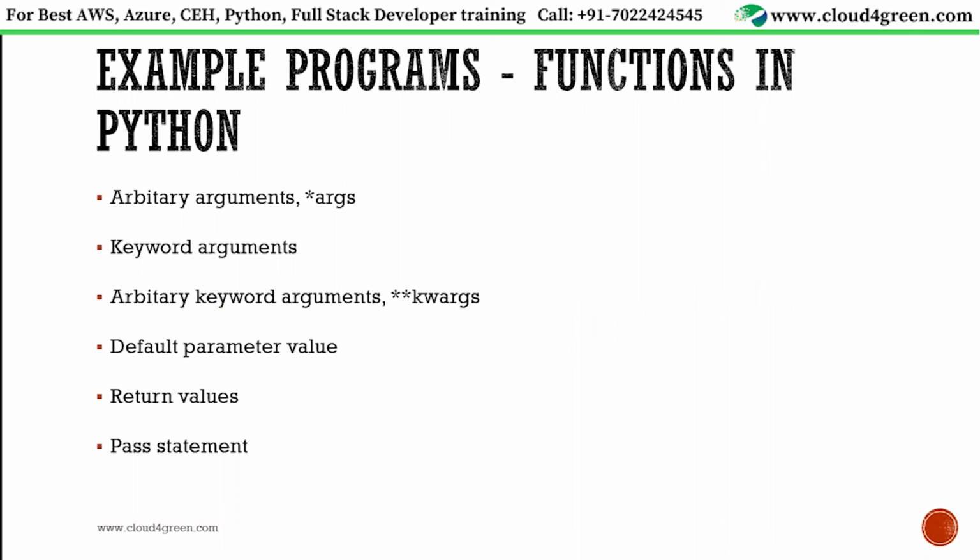Default parameter means that even when you're defining a function, you can specify a value. If somebody wants to change it, they will pass a value. If they do not want to change it, then they can call the function even without specifying an argument when a default parameter is already mentioned. And the function can be made to return values, not only one value but multiple values, by using the return keyword. The pass statement is used for creating dummy functions where there are no statements. You still have to write a pass statement. So these are all about functions in Python.